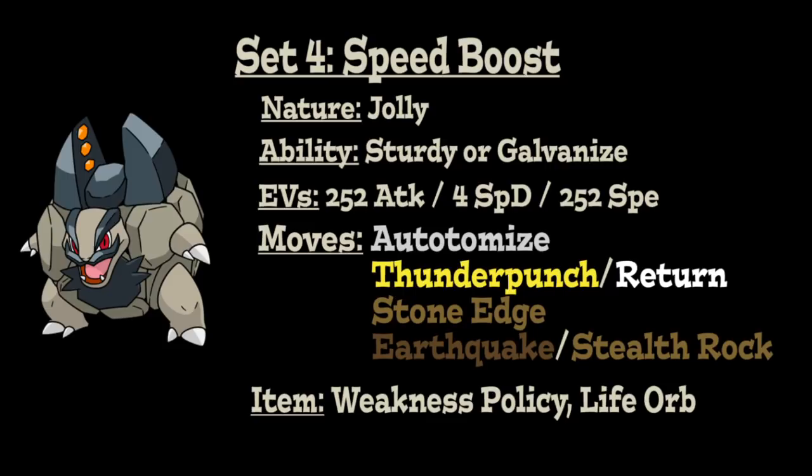But for the other moves, Thunder Punch or Return is going to be our main STAB electric type move, running Thunder Punch on the Sturdy set and Return on the Galvanize set. We're also going to go with Stone Edge to be your main rock type move like before, and then for your last move slot, either running Earthquake for additional type coverage or running Stealth Rock,